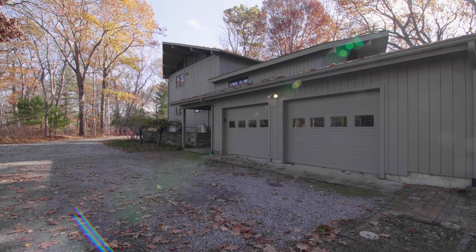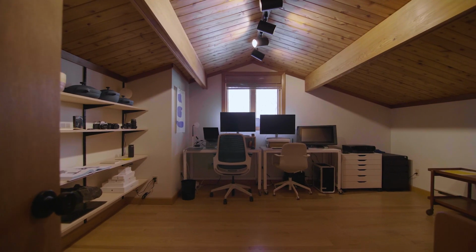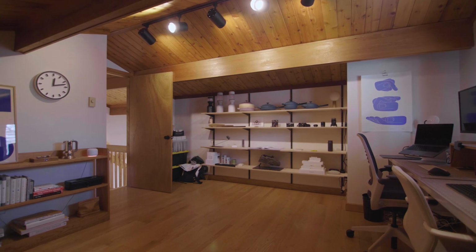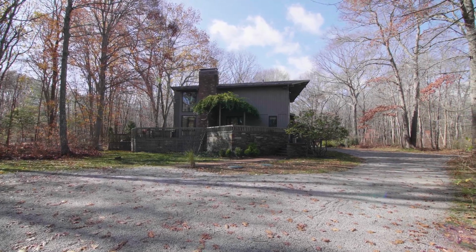The home enjoys an oversized heated 2-car garage as well as an accessory dwelling above, perfect for a secluded home office. Central air conditioning and a whole house generator add final notes of comfort and peace of mind to this